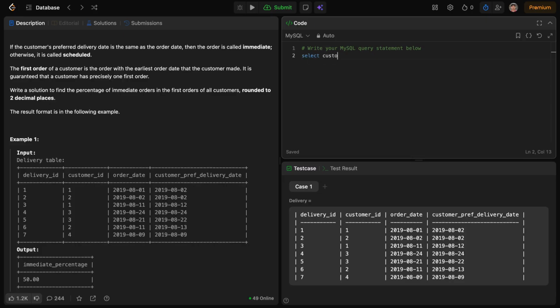Select customer ID, comma, our basic idea: order date equal to the customer preference date as is_immediate. From which table? From the delivery table, where the order date is minimum. So where